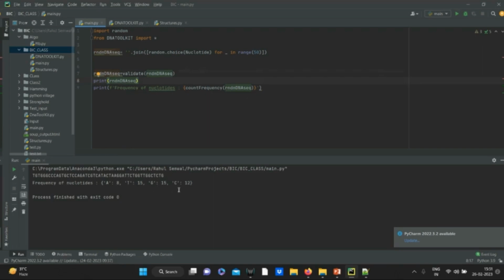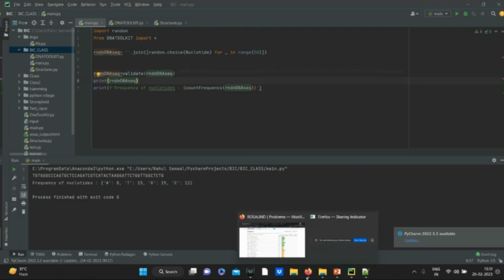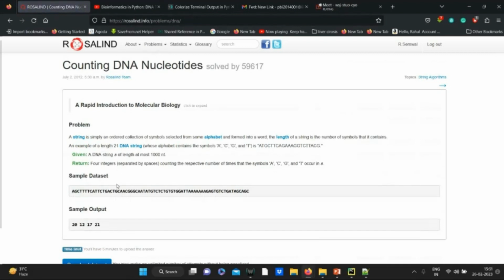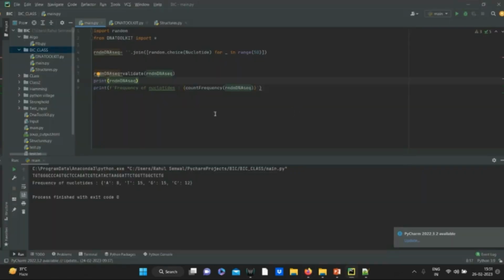So if you want to execute this one, you need to open this one, Rosalind, and in this one it is given that this string is there. It is counting: A comes 20 times, C comes 12 times, G comes 17 times, and T comes 21 times. So if I execute this one over here, if I give the random sequence in this one,